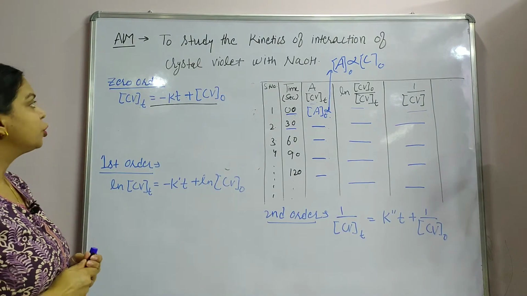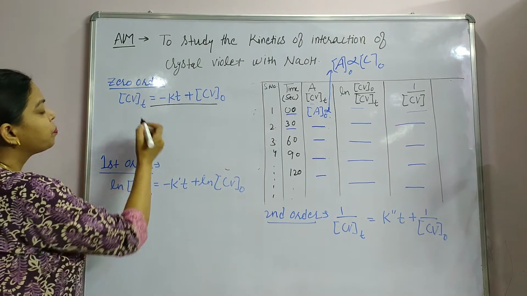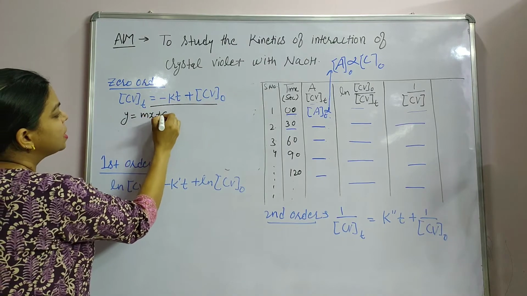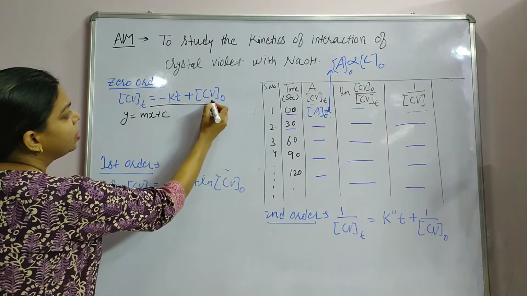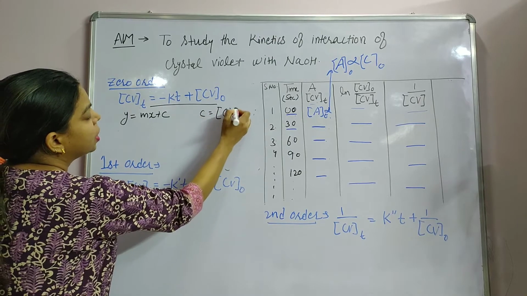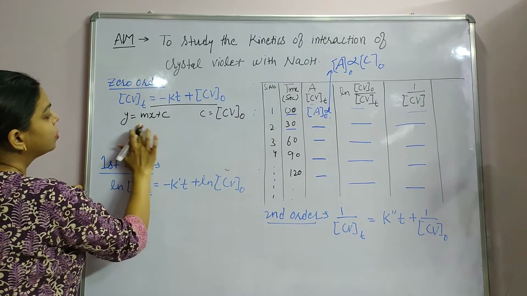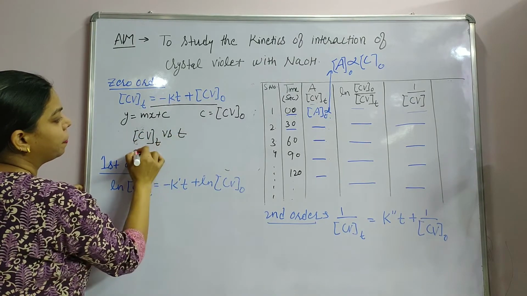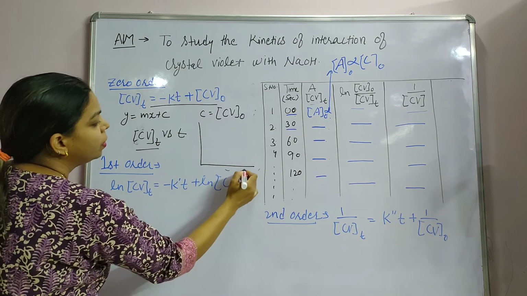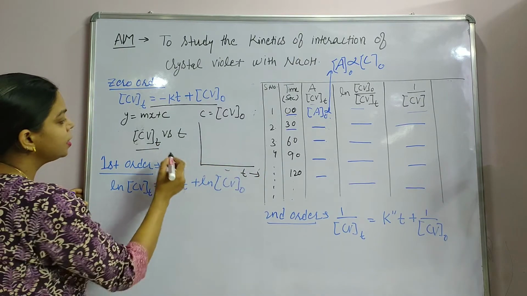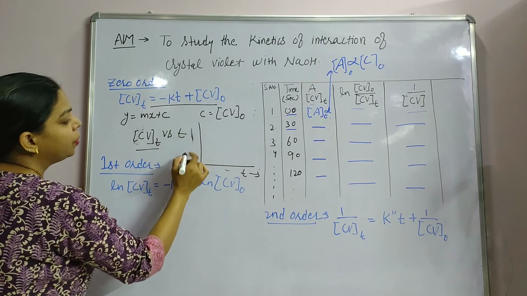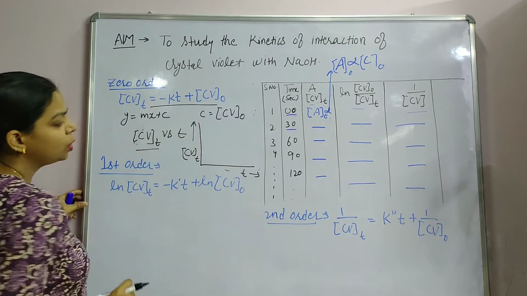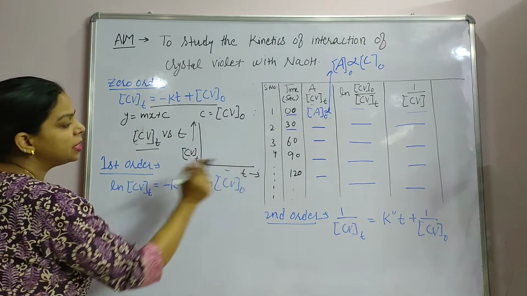So let's see, for 0th order reaction, we have this equation. If I compare this equation with y is equal to mx plus c, the intercept has to be CV naught. So this C will be CV naught, and we are plotting concentration at time T versus time. So you have T over here in minutes or seconds, and CVT, the concentration at any time T, this side. Concentration is in moles per liter, time in seconds.